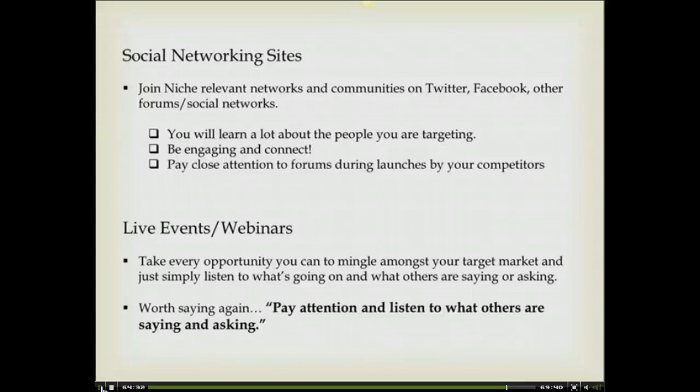So if they're going to live events, go there yourself. If they're hanging out on webinars or teleseminars, you go and hang out on them yourself. When you get on a webinar or a teleseminar, stick around for Q&As if they have them at the end. Or if your list owner or somebody says, hey, we're going to hold a special Q&A to answer your most pressing questions, show up to those things. If you don't have questions,